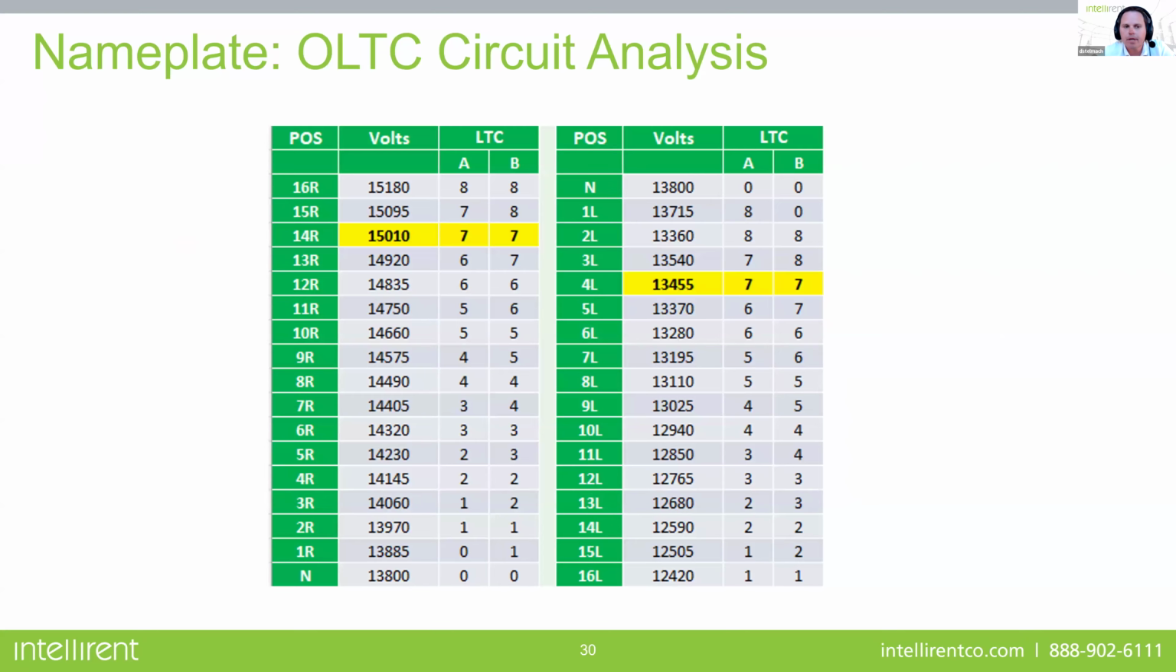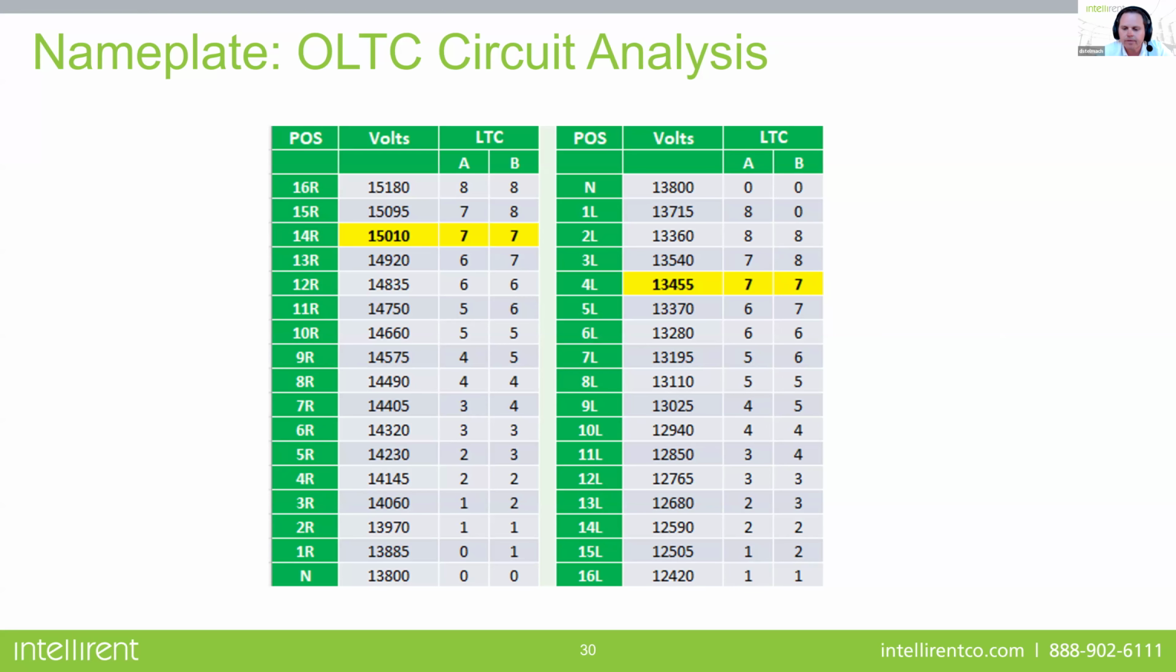And we look at the nameplate, we see that they're on this lead 7. So 14R is 7 and 7, and 4L happen to be on 7 and 7. So when they took out all the oil out of the LTC and did